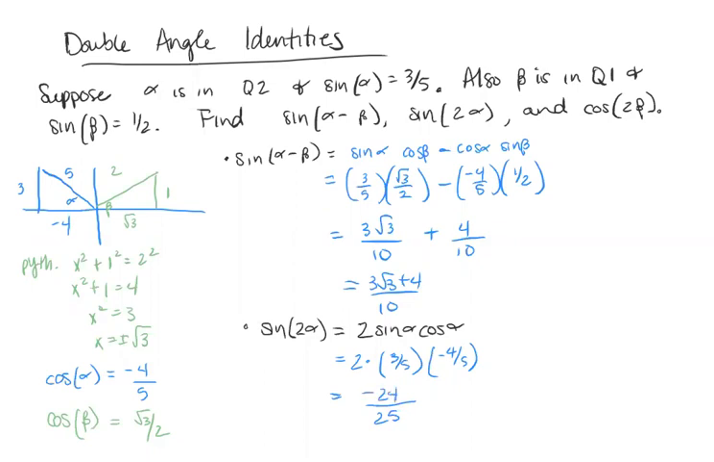Okay, and then lastly, we have the cosine of 2 beta. Now you have some choices here on which of the 3 versions of the double angle identity that you want to use. I'm going to use cosine squared beta minus sine squared beta. So cosine of beta is √3 over 2. So we have that squared minus the sine of beta squared. The sine of beta we were given is 1/2